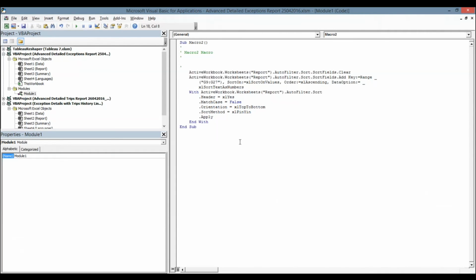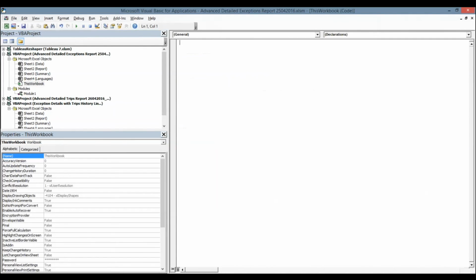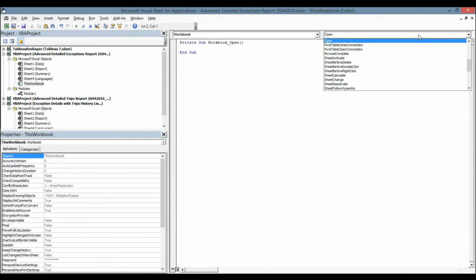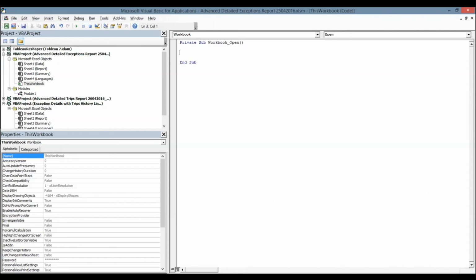From here, you can actually choose when you want to run this macro. I'm going to say I want to run this macro whenever it opens. If I go to this workbook and double click on it, up top where it says General, I'm going to choose Workbook because I want it to be for this workbook. And then for the declarations, there's a whole bunch of things. These are basically the triggers of when the macro runs. I'm going to say Open. Whenever the workbook opens, whenever you open the report, I want to run